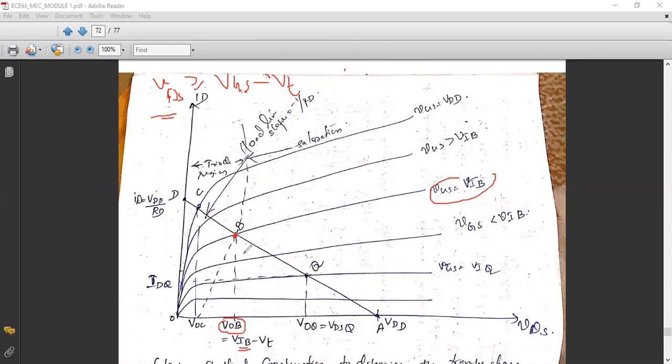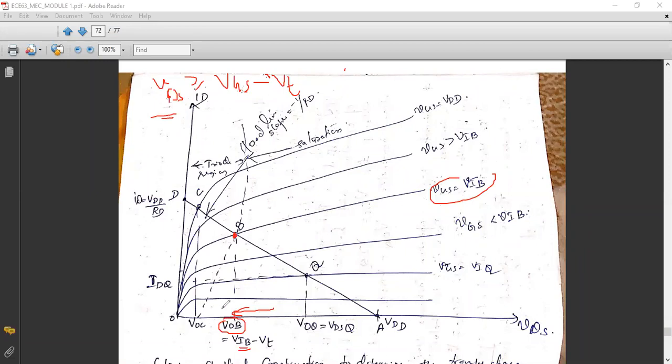So this is actually the pinch off voltage V naught B, which is equal to VIB minus VT, beyond which the entire region is called the saturation region. And when V naught B is less than VIB minus VT, that is called as what? Called the triode region. Clear? So for each and every curve, I have indicated some points like C, B, etc., and corresponding to these, I have noted our output voltage as well.